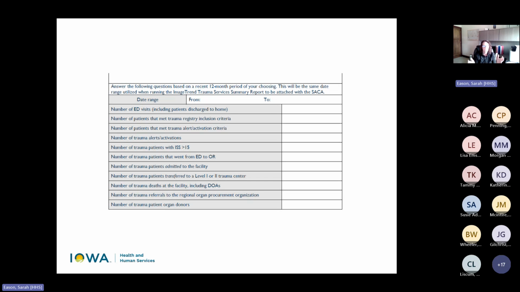Okay, so you can already see that there's going to be gaps, right? For one, in the law, the way that it's written, we cannot keep getting updated data dictionaries on the state data dictionary. The state data dictionary is based off of NTDB, but you will see the differences. You're like, okay, the data dictionary says this. That's not what I'm seeing on the ImageTrend when I'm trying to put the patients in.